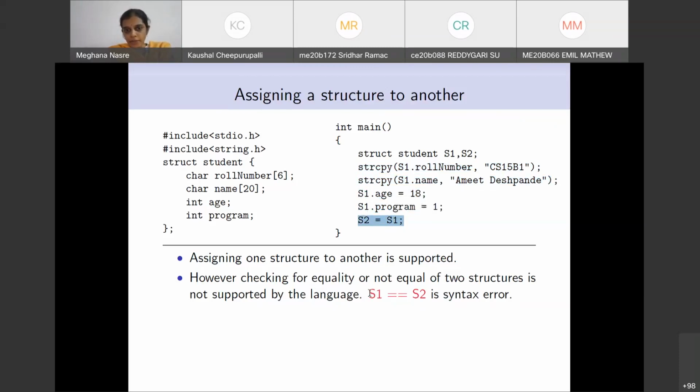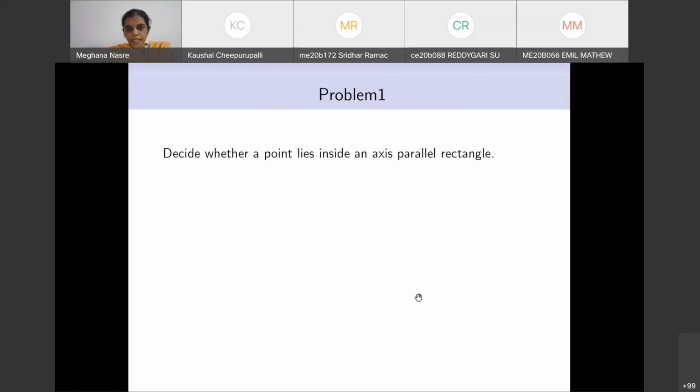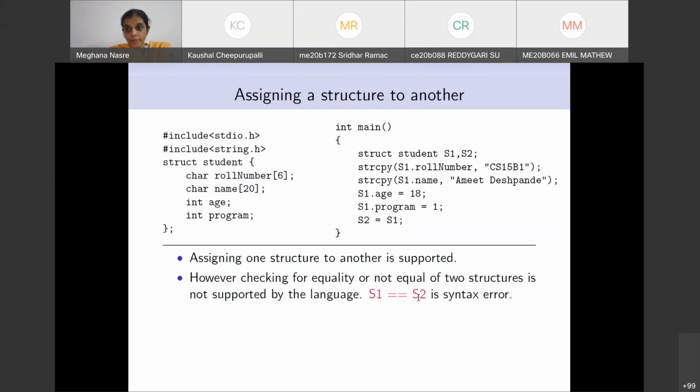However, the language does not support checking the equality of two structures. If you want to do that, you must implement your own is equal function which will allow you to take two structures and check whether they are equal or not. And we have also seen that structures are passed by value.